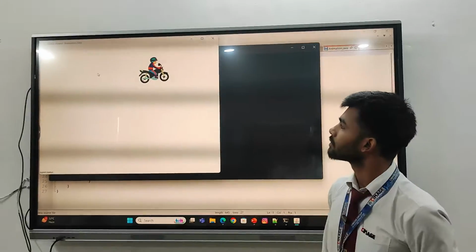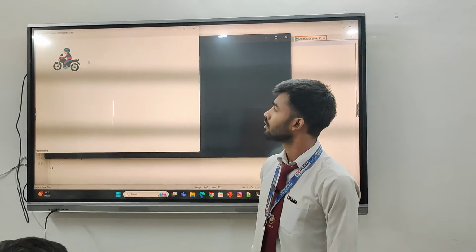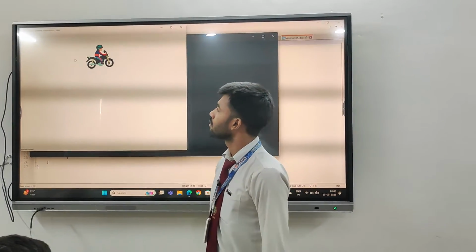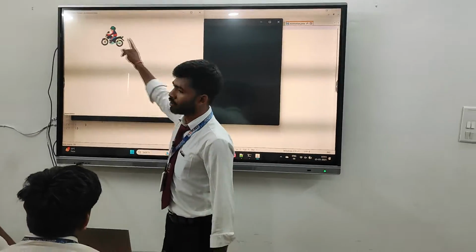Here, see, it first goes left to right and then right to left.